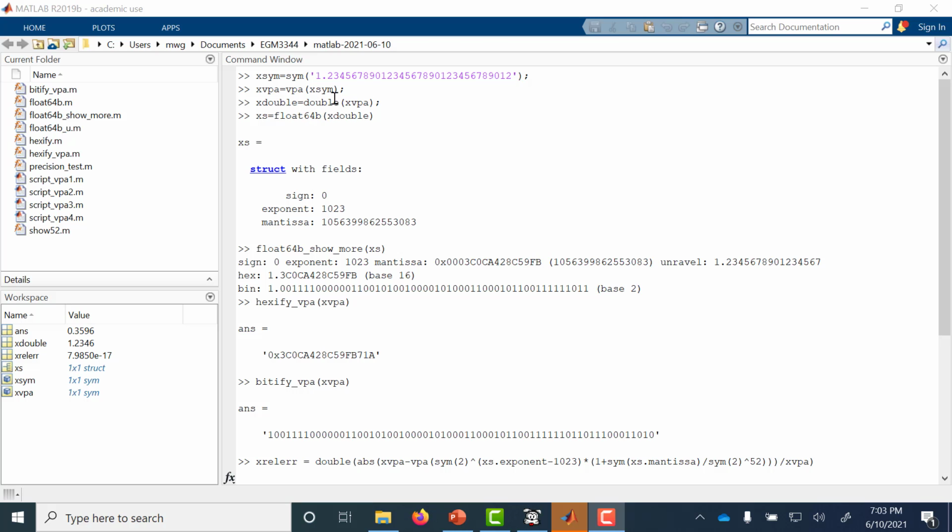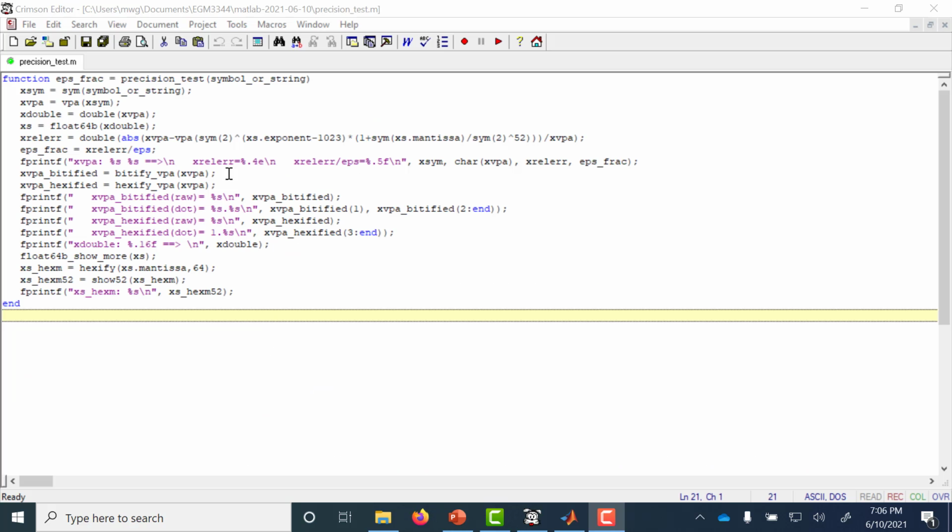I put together a comprehensive function called precision test that receives a symbol or a string, creates a symbol, does a VPA, and then floats that VPA and breaks it apart into the structure pieces. Then right away, it can calculate the relative error using that format I showed you earlier, where it does the VPA of the floated pieces. And then I can get what I call locally here EPS fraction, and that's going to be that relative error